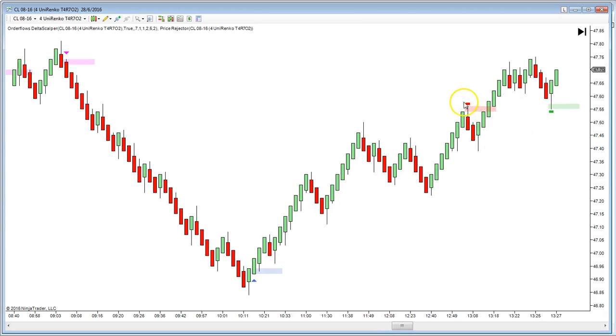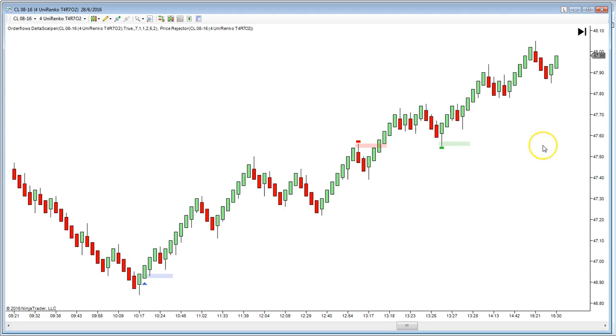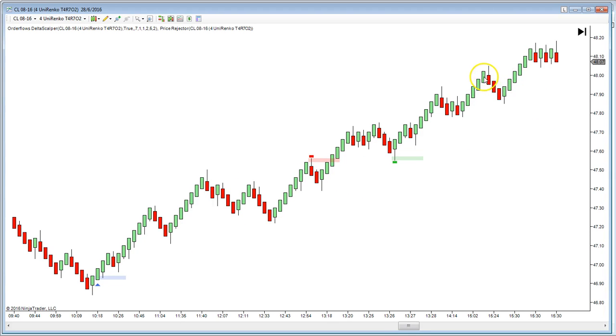Okay, this is the price rejector. The arrow is the Delta Scalper. The hash line, like here and here, is the price rejector. This one failed, but then you get another buy signal shortly thereafter. And it's a nice move from the 65 area up to the 90s, even higher,